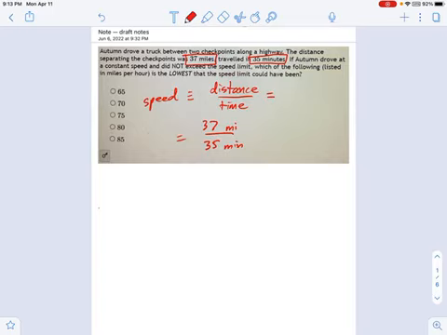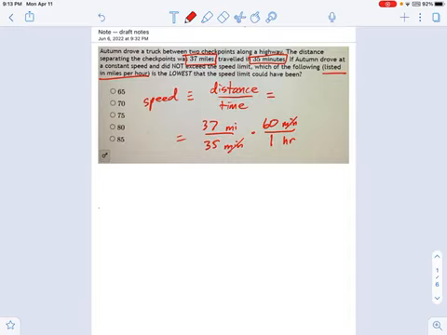And if you notice, the options are all listed in miles per hour, not miles per minute. No one ever talks about miles per minute. So the way you turn miles per minute into miles per hour is you multiply this by another fraction. What we're going to have to do here is cancel out those minutes on the bottom and replace them with hours. See what's going to happen here? When I do this, the minutes are going to cancel out, and I'll have miles per hour left over. Well, how many minutes are there per hour? You've got 60 minutes per 1 hour.